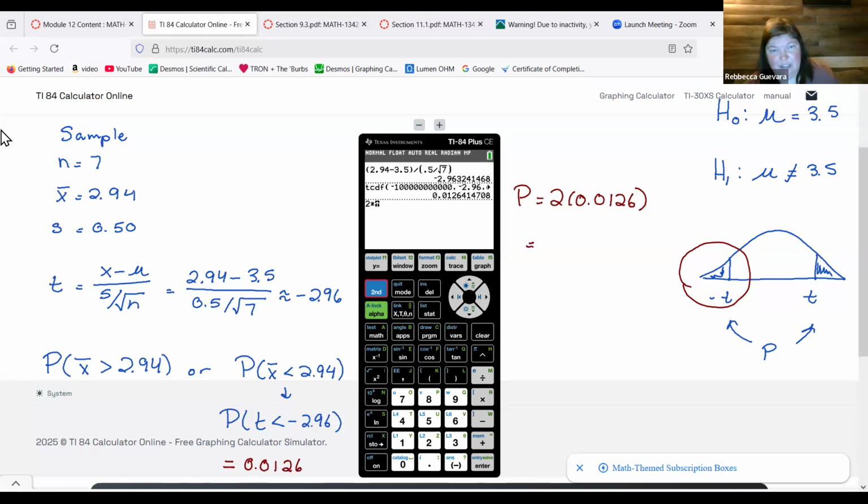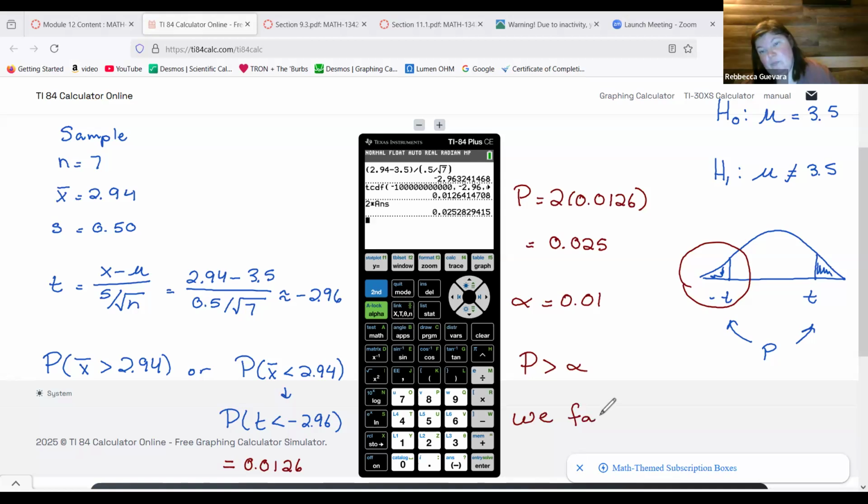And right there, you see answer. It puts my answer in there so I can see what it looks like doubled. And I'm getting 0.025. So alpha was 0.01. So we have our p-value is greater than alpha. We fail to reject